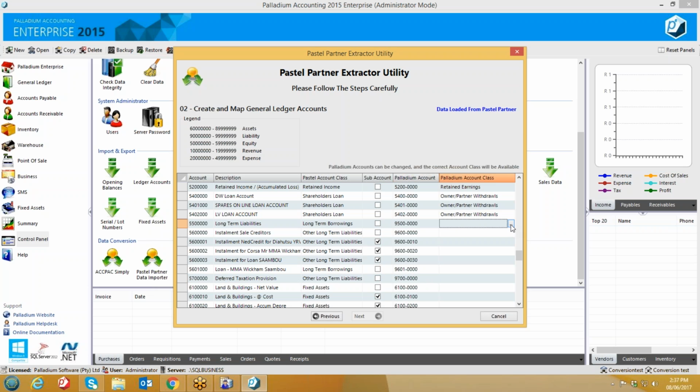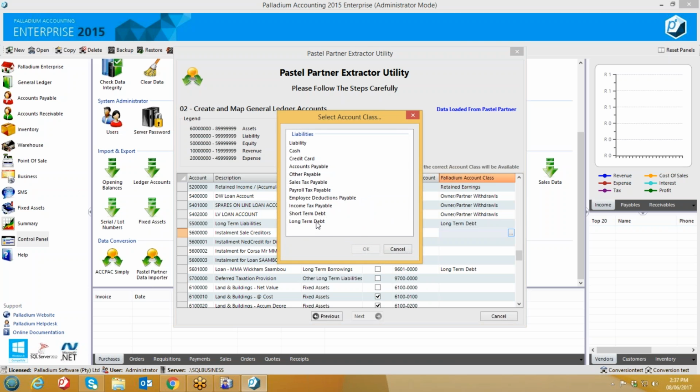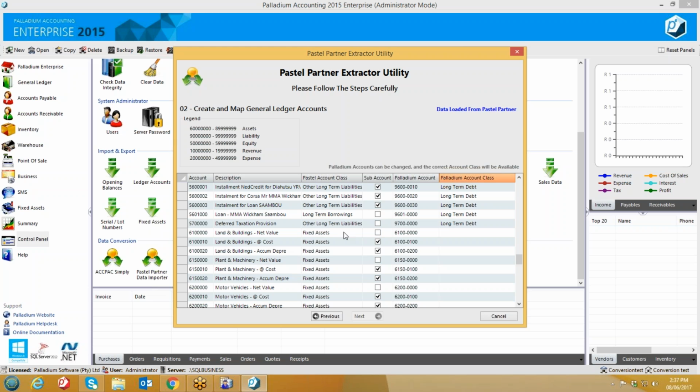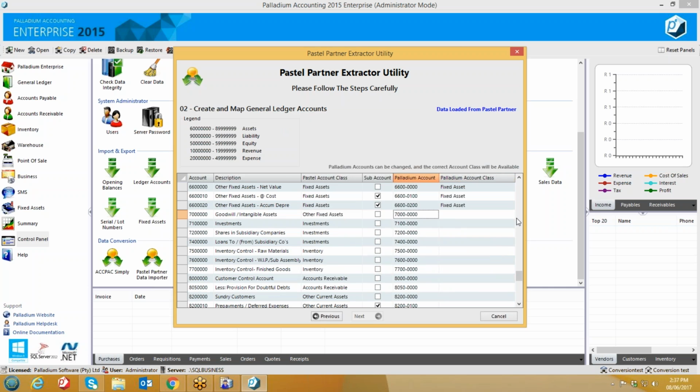Okay, long-term borrowings. You can use long-term debts, other long-term liabilities. I can use the same account class. Okay, move on. Fixed assets is an asset and it starts with 6. Yeah, it's correct. You can see there my asset legend should start with 6 up to 89999. As long as it's within that range, it's correct. So I'm going to choose account class, fixed assets, move on, other fixed assets, can be other assets,